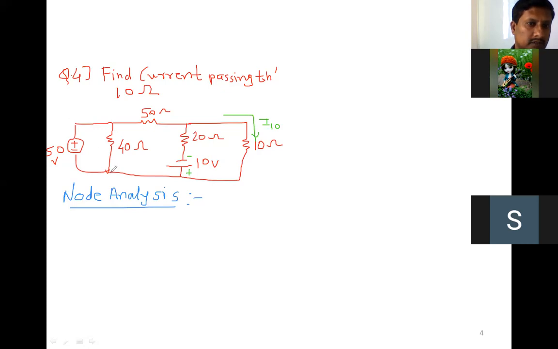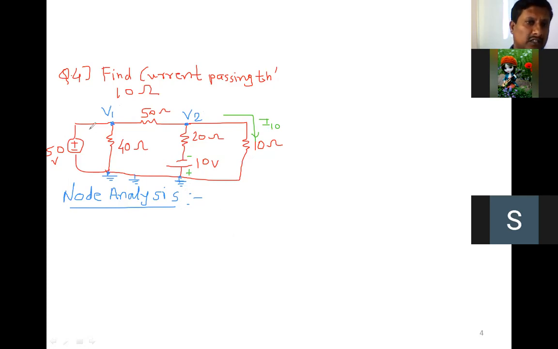Okay, see here. These are the principal nodes, but in between no components are there, so the same point will be there. That is the ground. Everywhere ground will be there. Okay, now except this ground node, how many principal nodes are there? This is the one node, because the voltage source is there, 40 ohm is there, 50 ohm is there. So this is the first principal node. This is the second one. So this is V1. And this is V2.